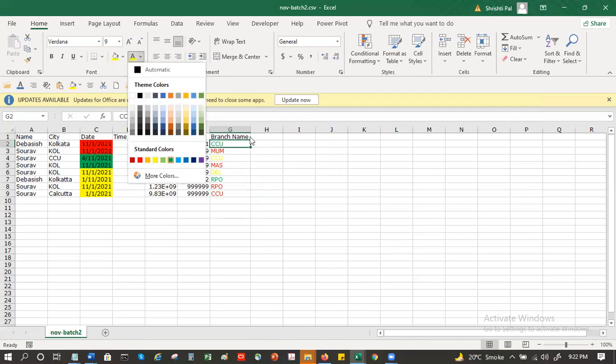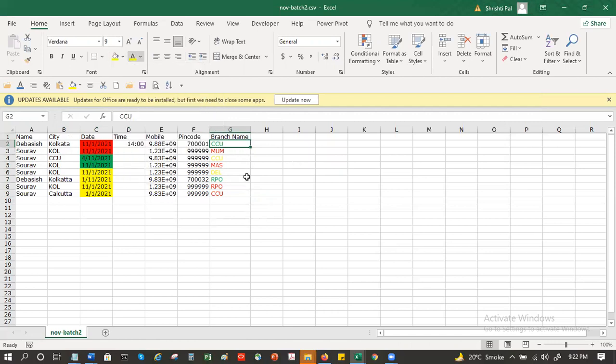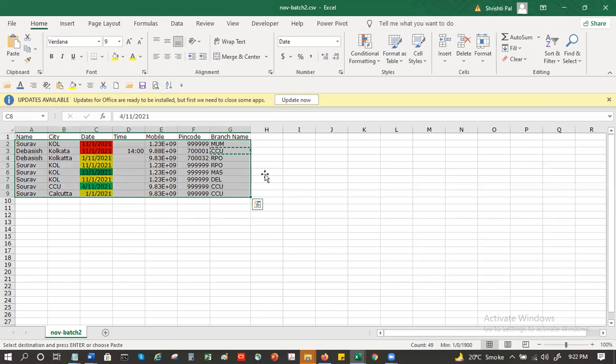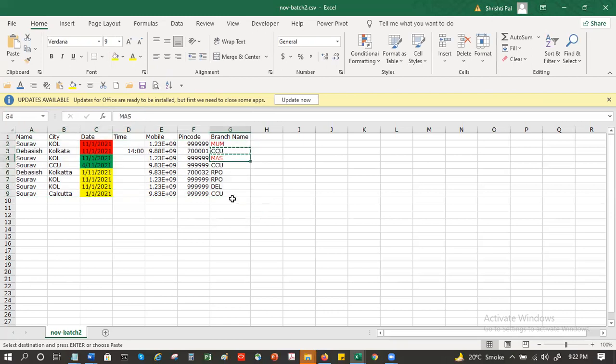A few minutes back, if you remember, I did that coloring. Initially, it was all black, like this. Then I started doing the font change. So that's how the colors changed. Does that answer your question?